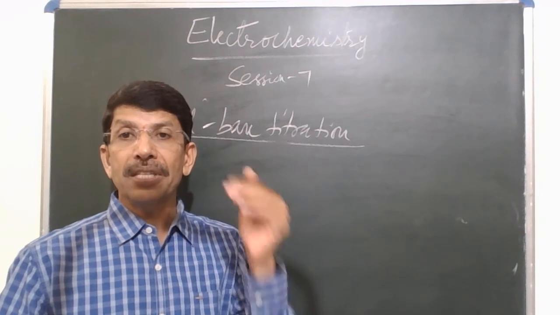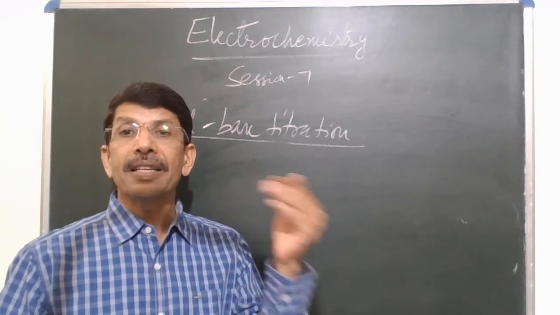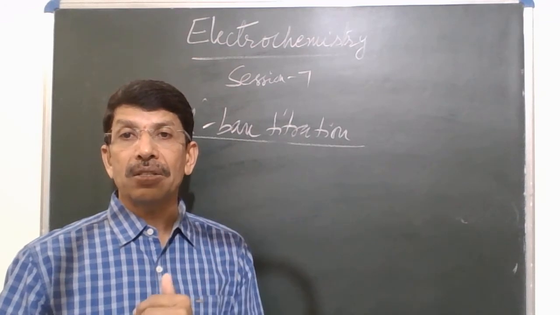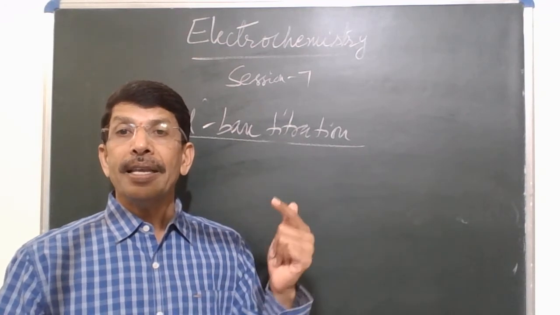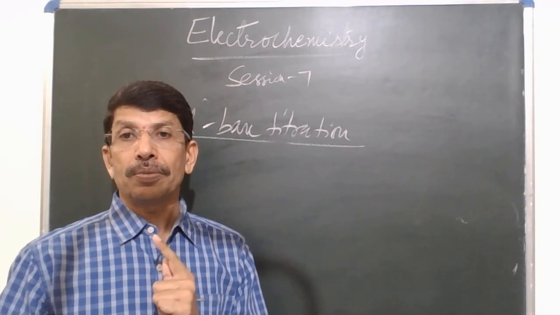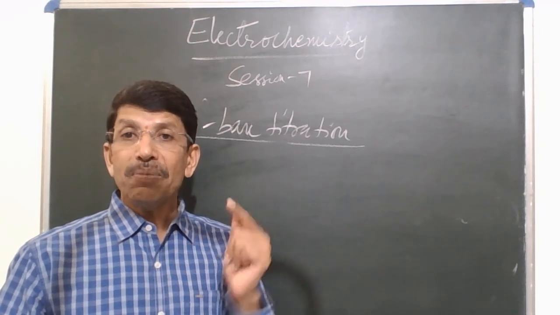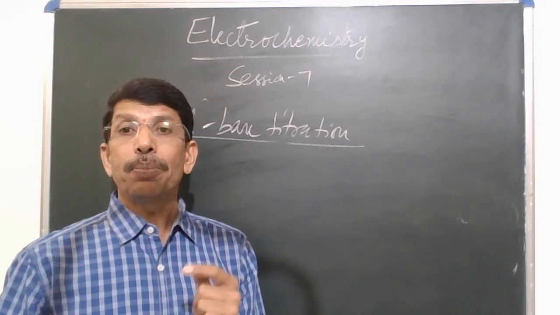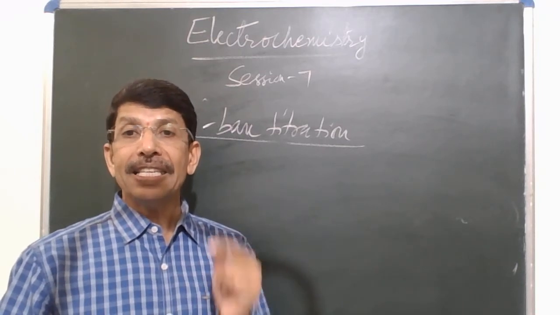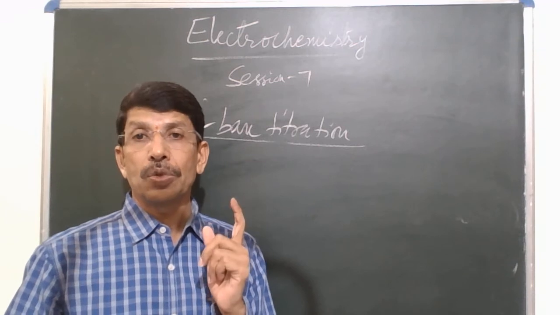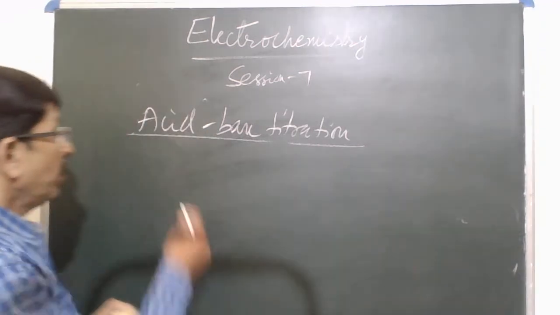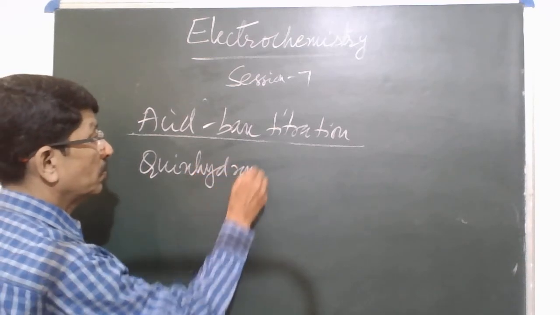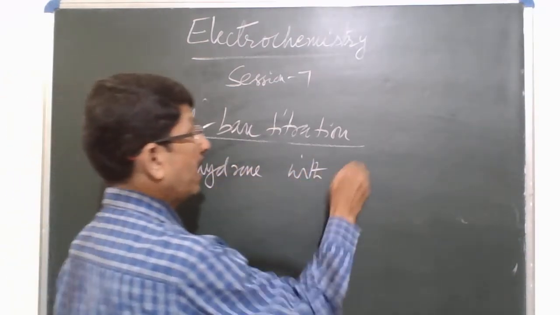So during potentiometric titration of HCl against NaOH, H plus ion concentration decreases continuously, and thereby the EMF also changes. Whether the EMF increases or decreases during the titration depends upon which indicator electrode is used. Let us see that. So when we use the quinhydrone electrode with the calomel electrode,